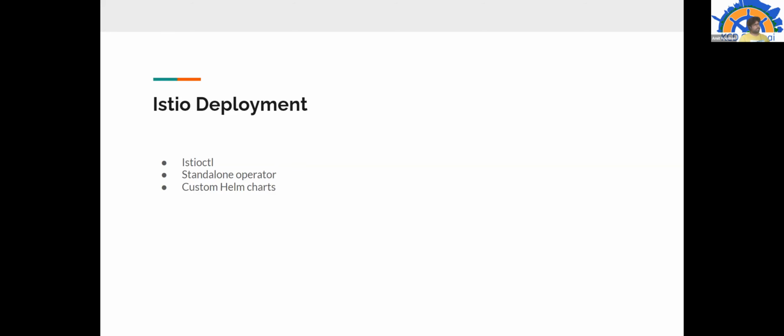Now, there are three ways currently Istio supports to deploy on Kubernetes. One is istioctl, which is a client, a statically linked binary. It is pre-configured with all the information.